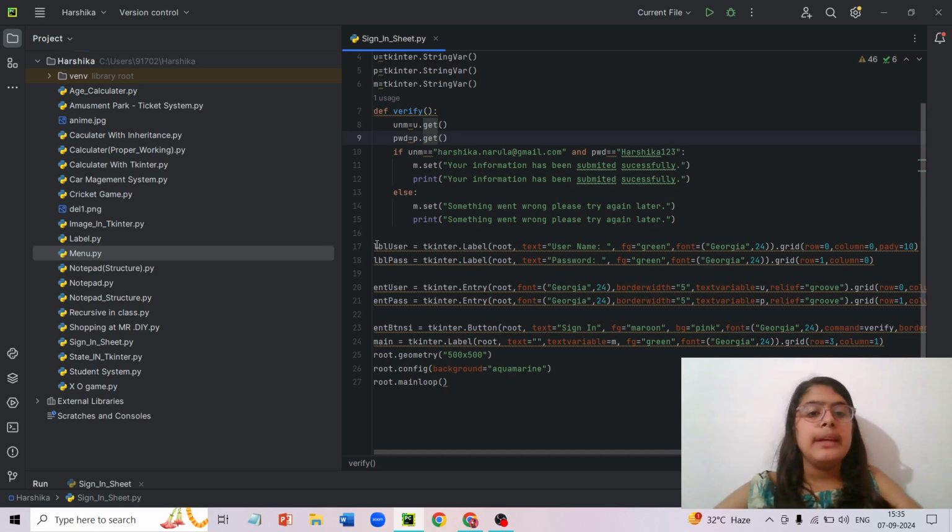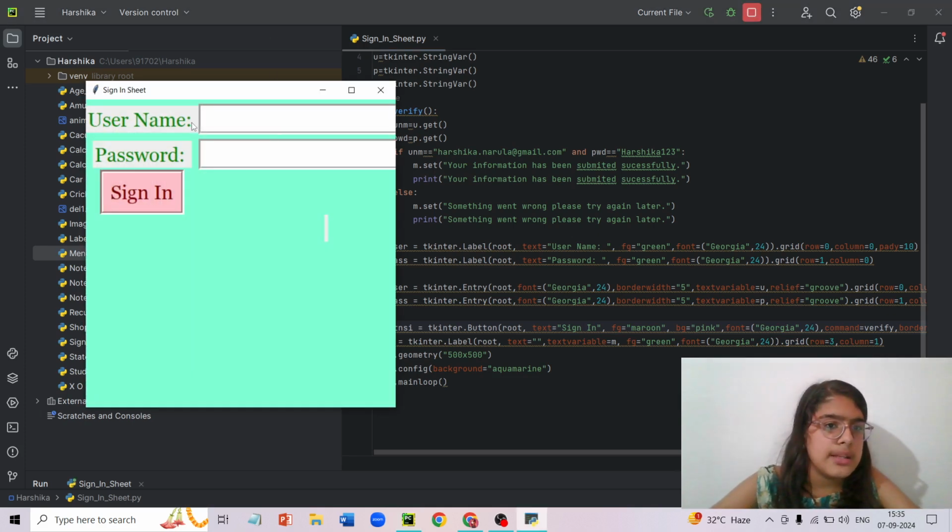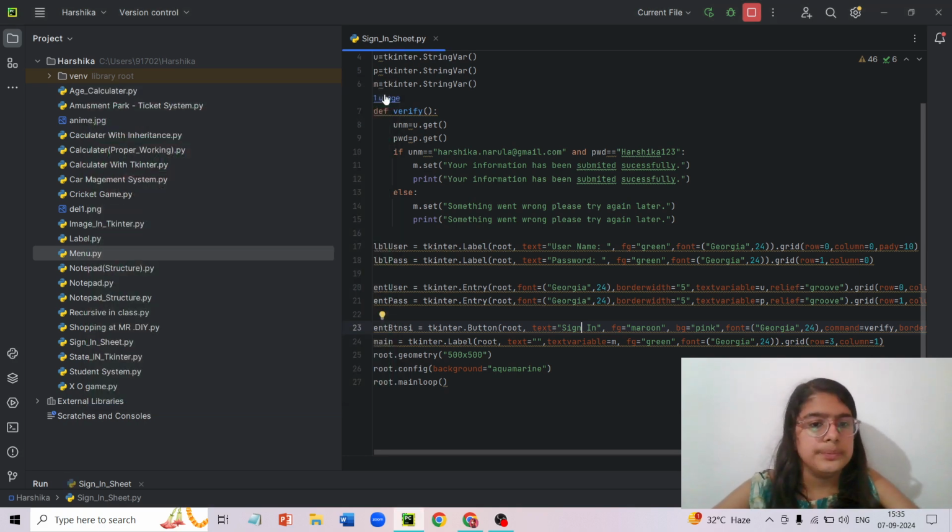The next is LBL user. LBL user is the place where I've written username colon space. You can see this part that is written, that's LBL user, and below that is LBL password.